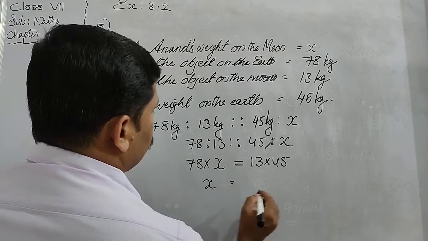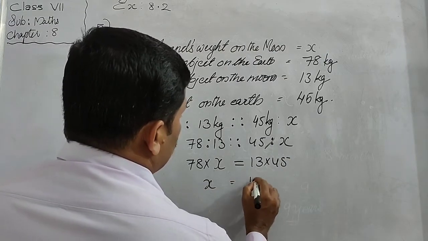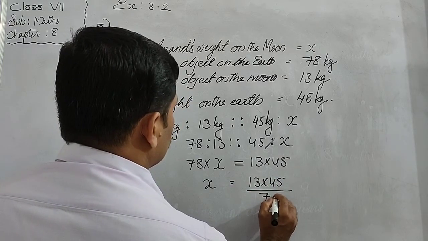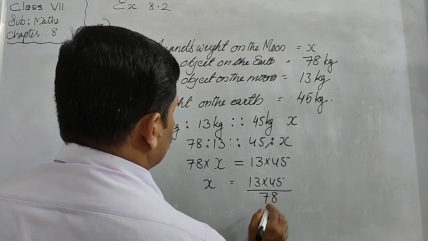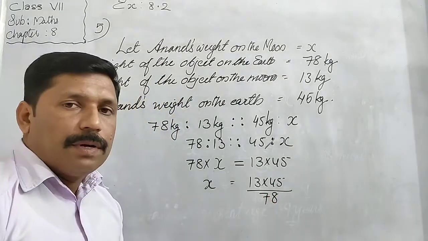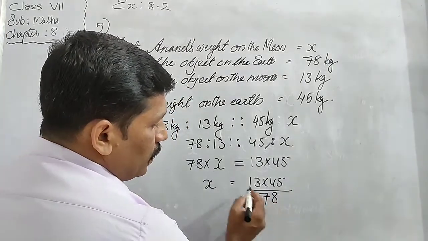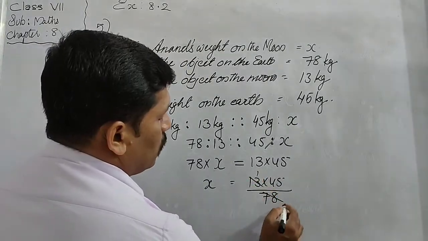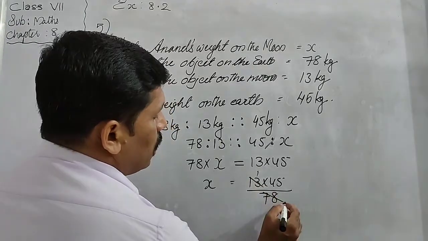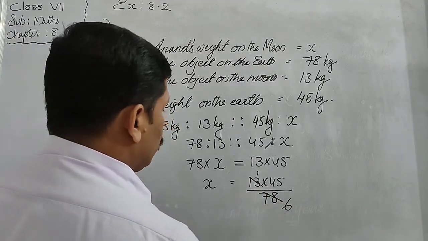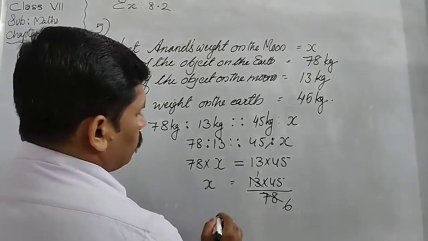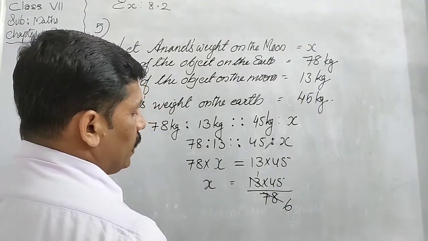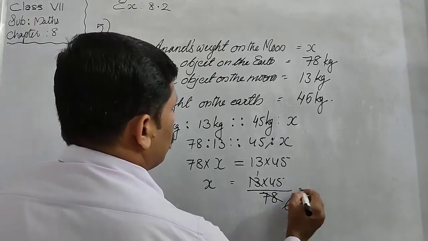Therefore x is equal to 13 into 45. This multiplication changes to division. So whether any numbers are possible to cut, here 13 and 78. The 13 table, 78 is coming 6 times. Yes, 6 ones are 6 and 6 13s are 78. Then this 6 and 45 also come in the 3 table. Or otherwise we can try directly to divide.